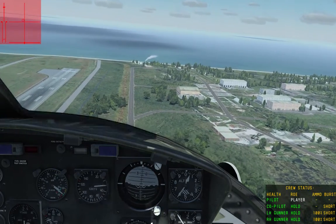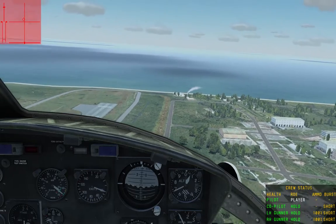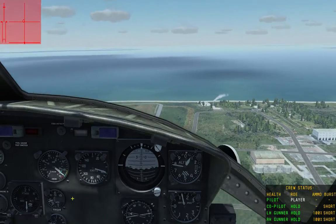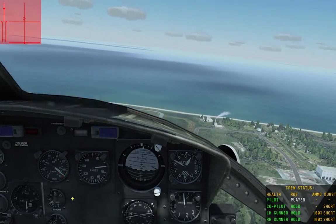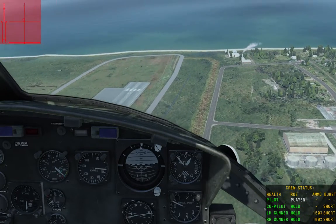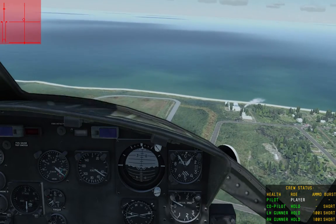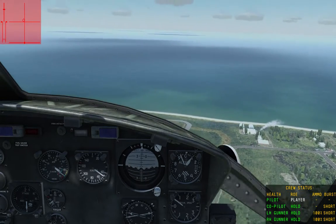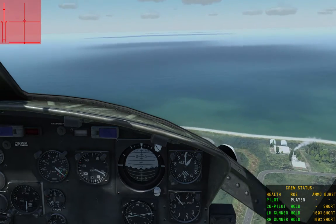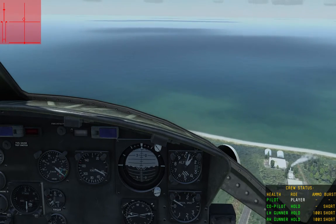This map also has targets, so ground targets. But anyway, we're flying very low, about 40 knots. And we're climbing constantly, so we're going to need to cut off the collective a little bit, just to lower it, because I don't want to climb anymore. I'm simply trying to keep her in one place and under control. Now here it's a bit easier, but